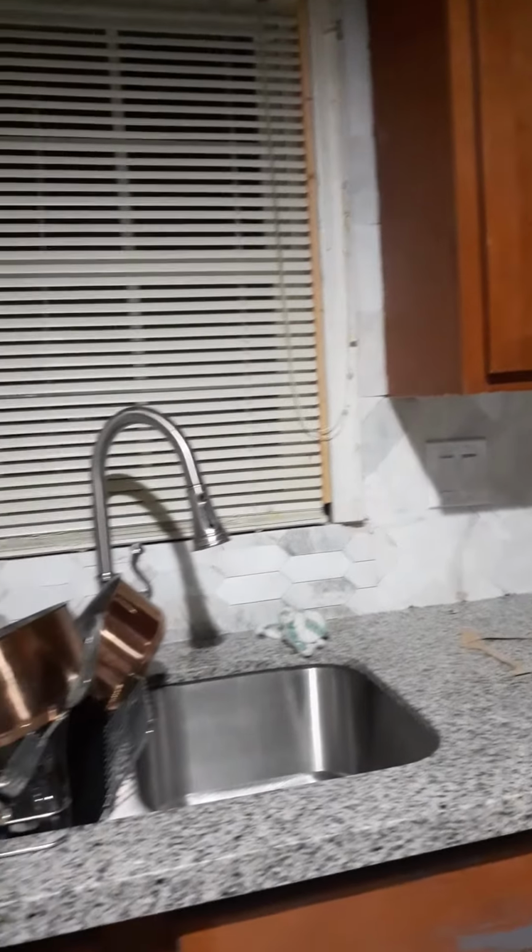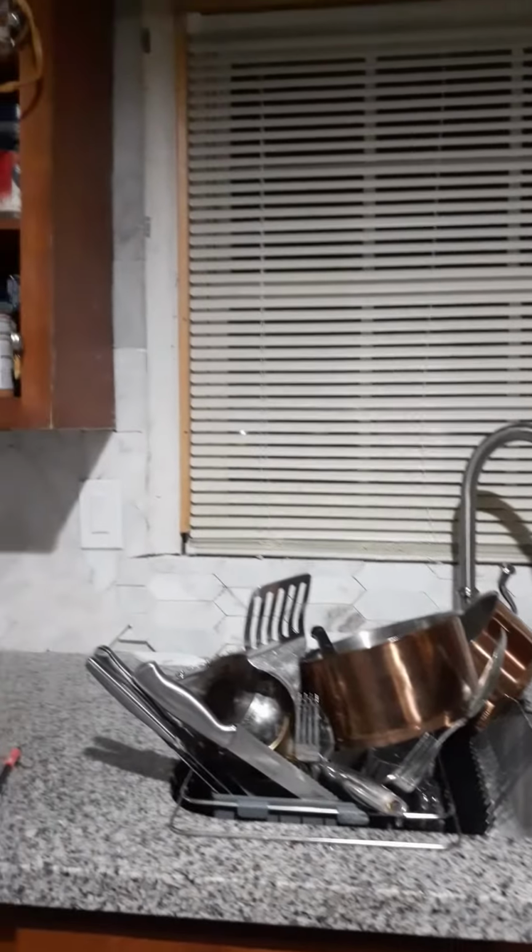Okay, this is how we are looking so far. The sides have been done, everything has been done, but this, bam. I'm kind of stumped on this, but we're gonna get it done. I gotta get 2 more boxes, or 4 more boxes